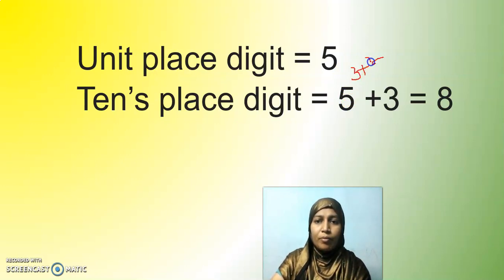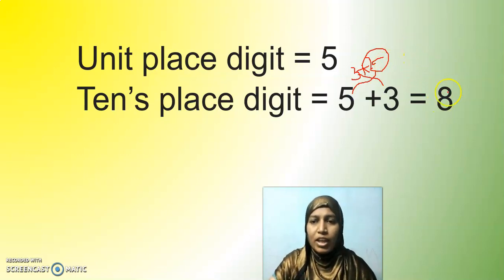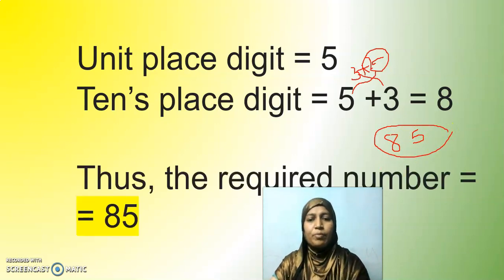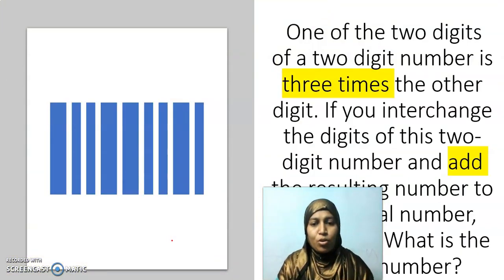Do you remember? Yes. If I add x to be 5 now, I get 5 plus 3. Just I have changed it. 3 plus 5 or 5 plus 3, both are same. So we get 8. Tens place I have 8. In ones place I have 5. Units place or ones place, both mean the same. So what is the final answer for us? It is 85. Is it clear, my dear children? Are you able to analyze the place values of the digits? Okay, good. Now we are going into the next problem.